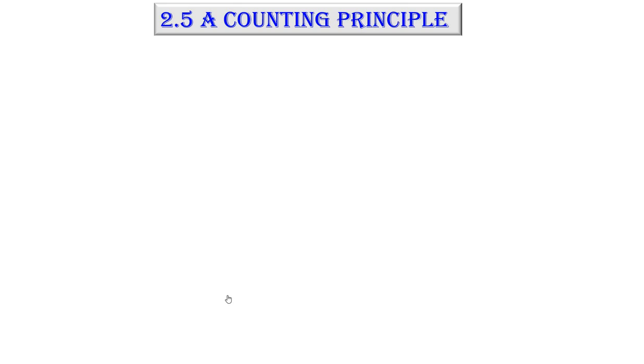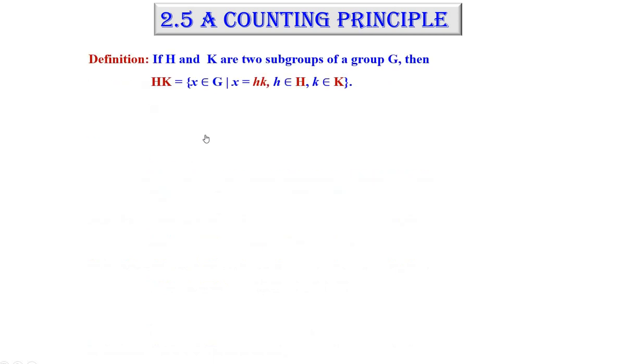In this video, we are going to have definitions, theorems and examples in section 2.5 of Topics in Algebra by I. N. Herstein, namely a counting principle. Now, what is it that we are going to count in this, and what is the principle behind it? For that, first we'll have this definition, which states that if H and K are two subgroups of a